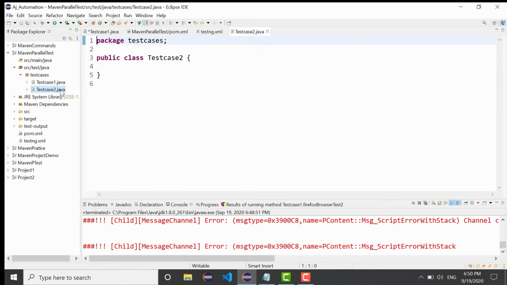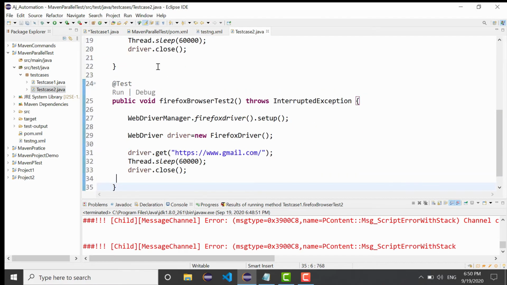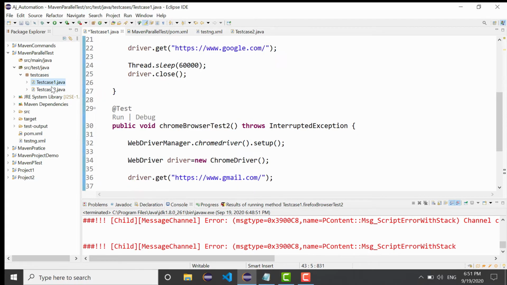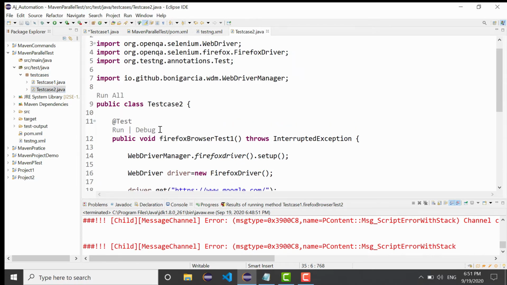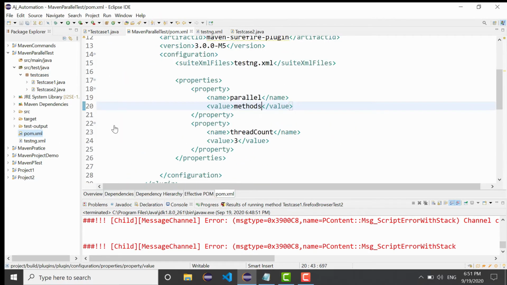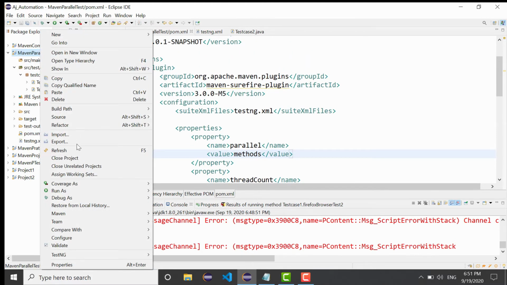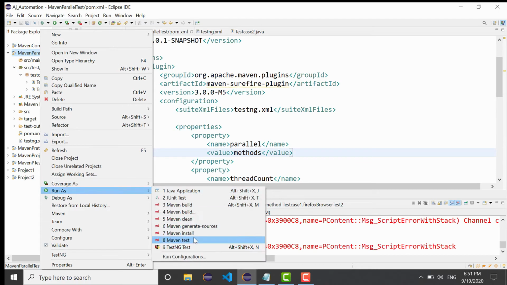Okay, here, save it. Now we have a total of 4 @test methods, but 2 are in test case 1 and 2 are in test case 2. Even though, that will run all 4 test cases in parallel mode. So just go and run your test case using Maven test.